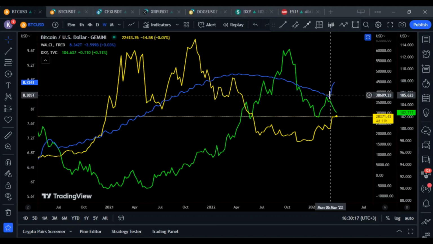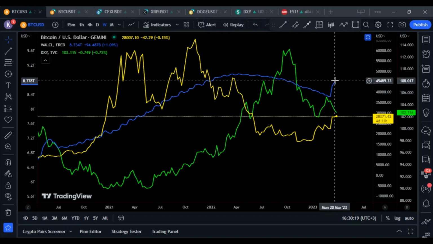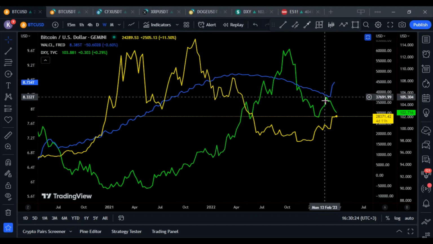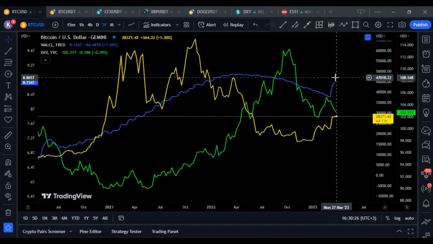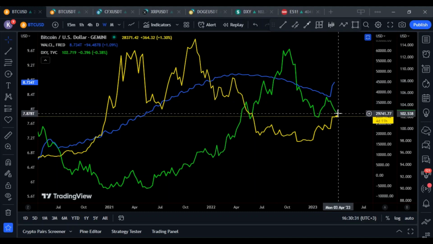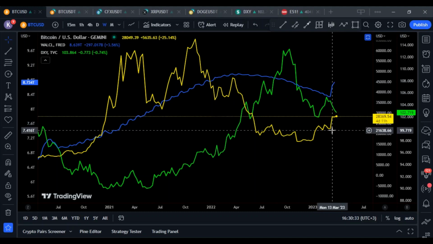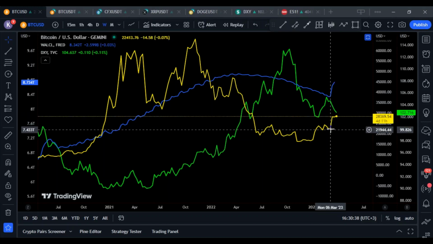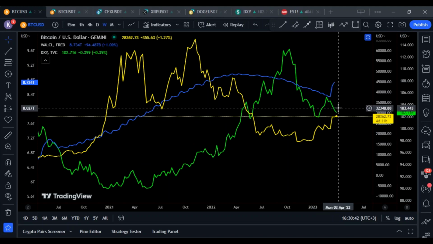So the more money pushed into the system, the weaker the dollar is. The more in circulation, the weaker the dollar gets, and the more money is found in the system, the higher the risk on assets, or the more the investments in risk on assets work. So that's, in simple terms, everything you need to know about the Federal Reserve